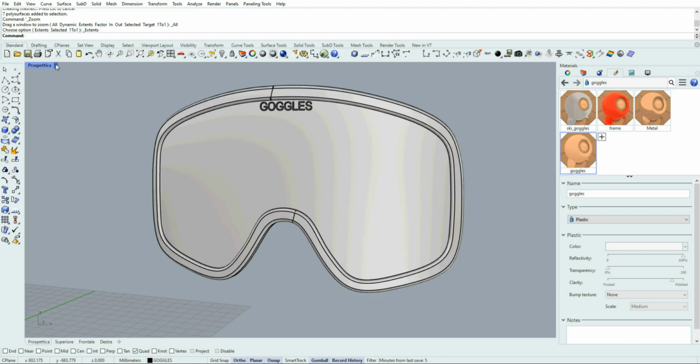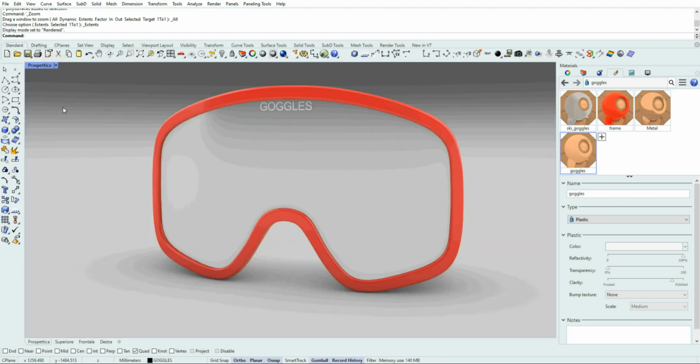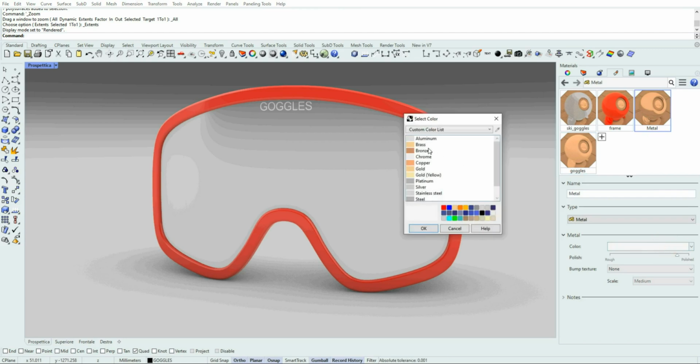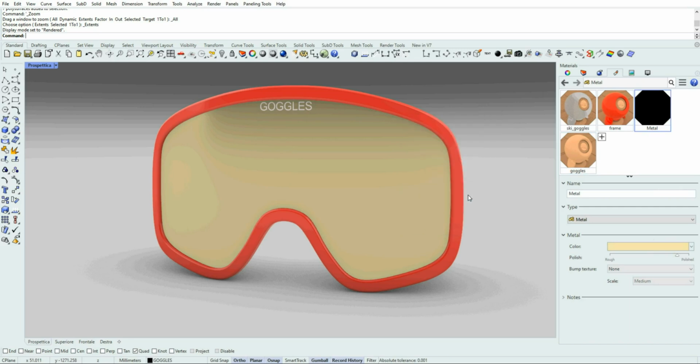And now if I switch to the rendered view, okay, it's my final result. I can change maybe the color of the metal material to gold, something like gold, and that's all.